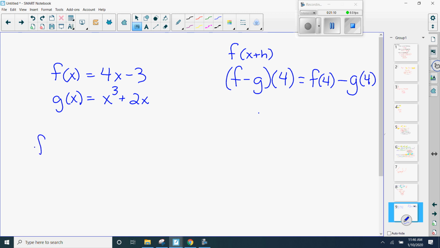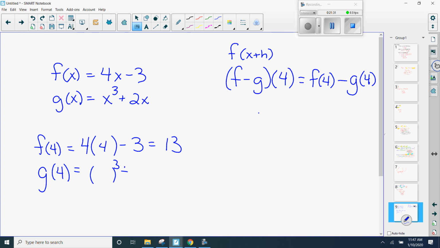So what is f of 4? I'm going to take the f function, and in place of x, put 4. What's that give you an answer of? 13. Then I'm going to find what is g of 4. I'm going to take my g function, which is x cubed, and add 2 times x to it. What is x? 4. What is 4 cubed plus 2 times 4? 64 plus 8 is